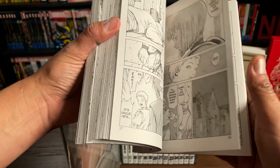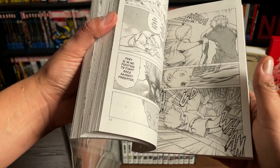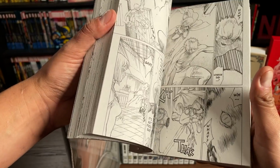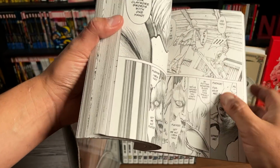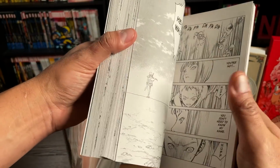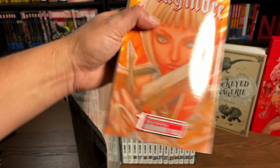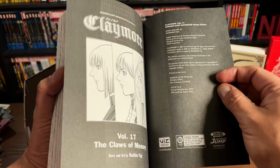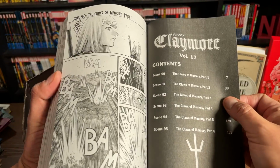So it's a group of these half human, half monster warrior women that fight with these badass swords. And yes, they fight these creatures known as the Yoma. So you'll be seeing a lot of this in here. I'll show you artwork from a future volume. Here we go. And I remember watching the anime many years ago, and the anime kind of had a cliffhanger